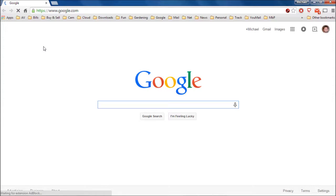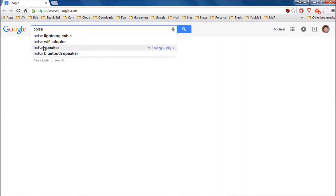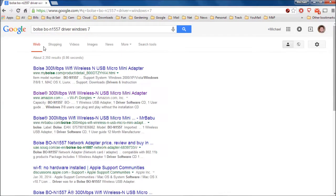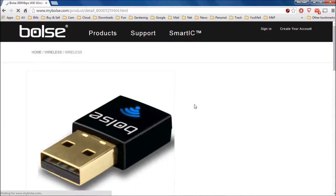Okay, so who doesn't know how to Google for a driver yet? You find the driver name, the model name of the device you're looking for, and you Google it. You might even add the word driver, or as I did, the version of Windows you're looking for a driver for. It was easy to find, so I went up top and found their web page